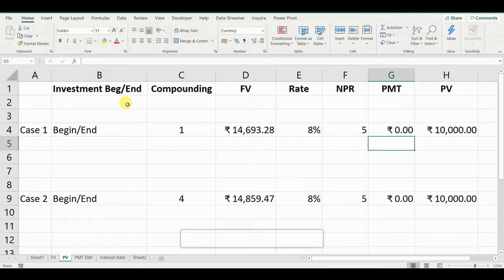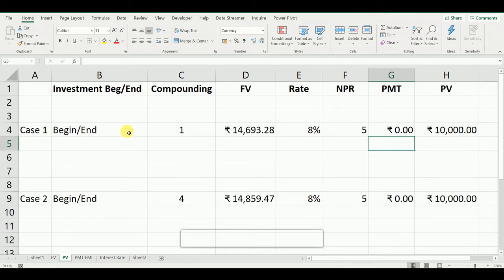One more example is there. Suppose for financial planning, you want to get the amount of rupees 1 lakh or 10 lakh for a certain goal, just like children's education or children's marriage, and you want to have an idea how much amount you should invest today so that you can reach that goal of rupees 10 lakh or 1 lakh or 1 crore, whatever is there. So for that, you can find the value through formula PV. So in this also, we will go through different cases.